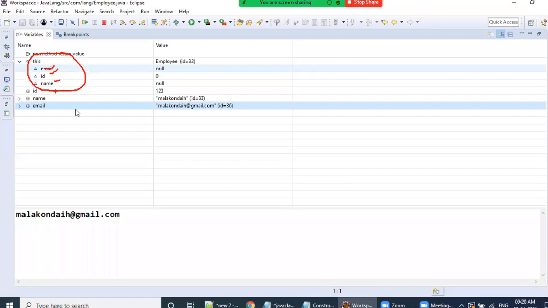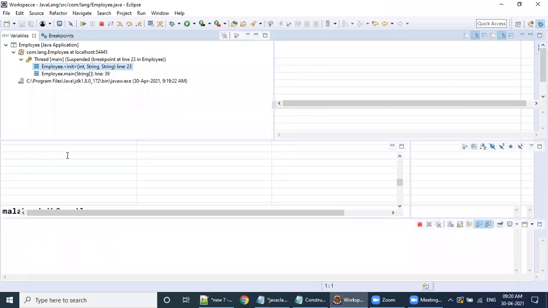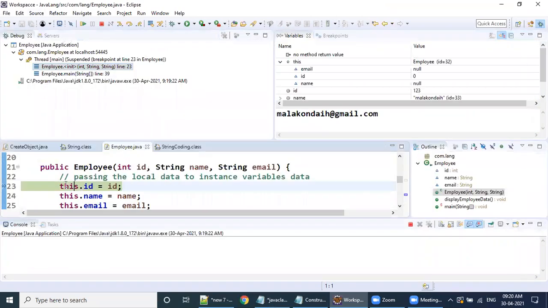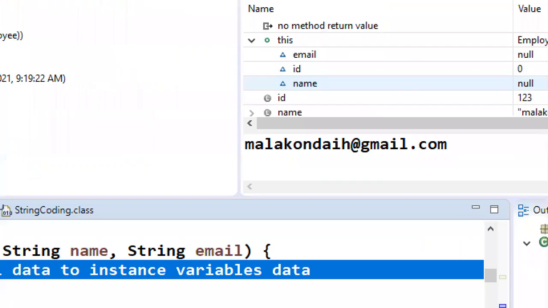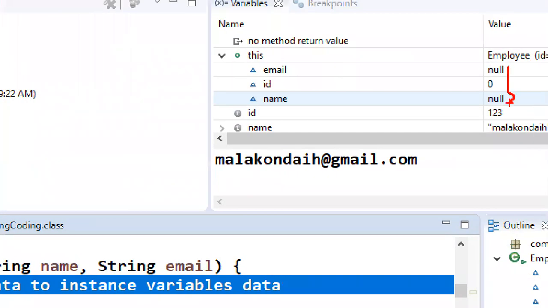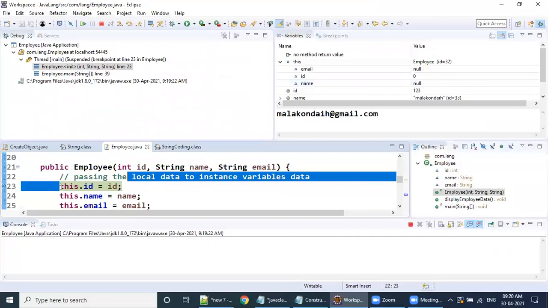Once this first statement is executing, can you tell me what the variables are here? What is happening here? Until this point in time, all my instance variables have the default data. After this statement executes, I'm moving forward.